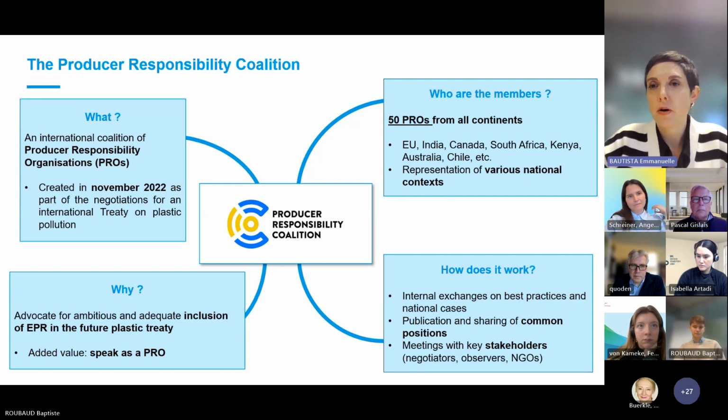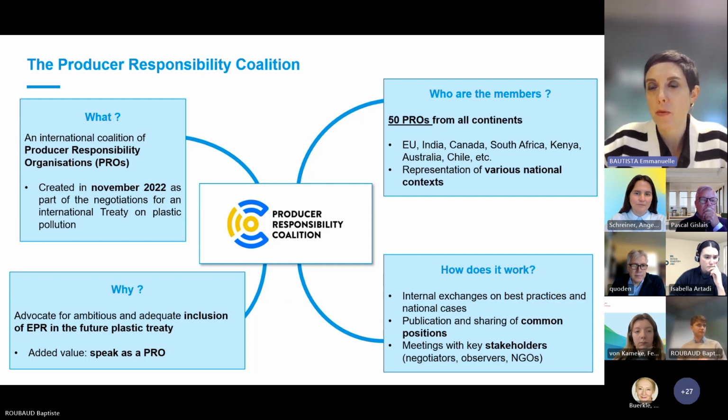These negotiations are conducted by the United Nations Environment Programme, and the last round of negotiation, I'm sure you have heard about it, took place at the end of last month. And so why did we decide to launch this coalition? It was to advocate for an ambitious and adequate inclusion of EPR in the future treaty, and also to